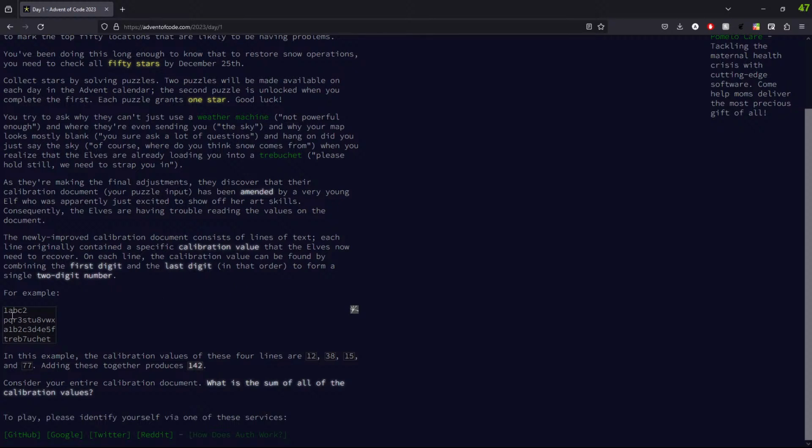So this seems pretty straightforward. You just parse a line of text, and then you say, what's the first number in the line, the last number in the line, and put those together, and that's the number you're looking for. And then you have to sum them all together. And this should cover all our cases: beginning and end, in the middle with only two numbers, more than two numbers, and then only a singular number in the middle. So, consider your entire document. What is the sum of all the values? Cool. All right, so